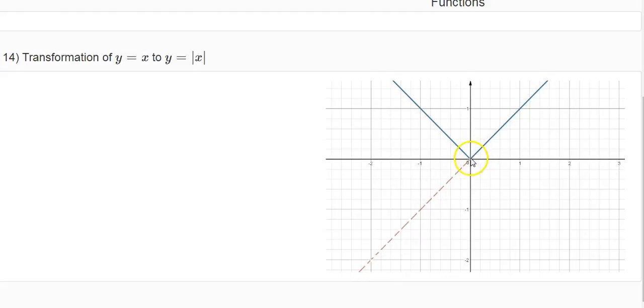Now, when we draw the graph of y is equal to modulus of x, then for negative values of x, that is this portion, when the value of x is negative, for those values of x also the value of y would be positive. So we ignore this portion, and this portion would become the mirror image of the graph of y is equal to x when x was positive. So finally we get the graph of y is equal to modulus of x